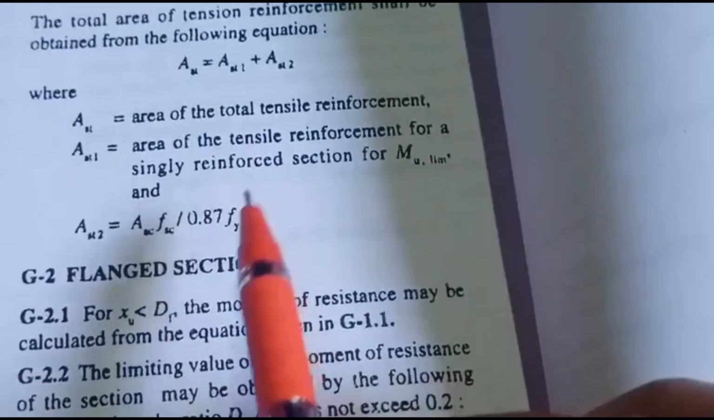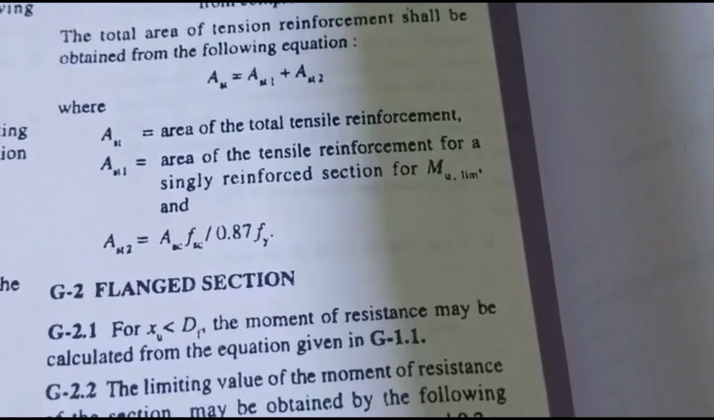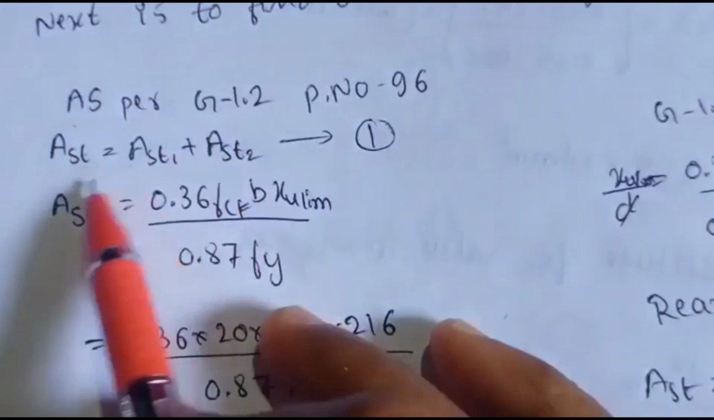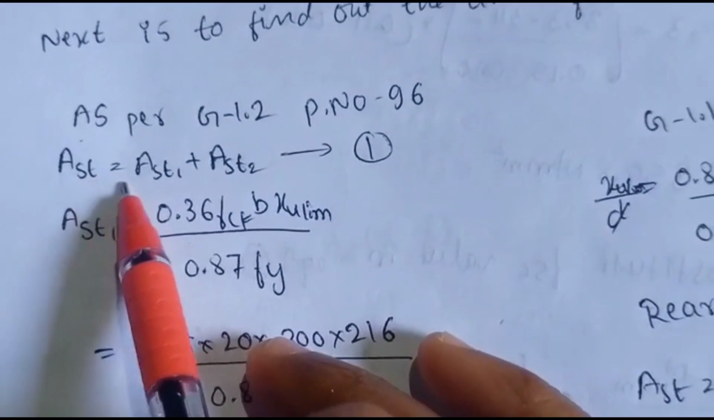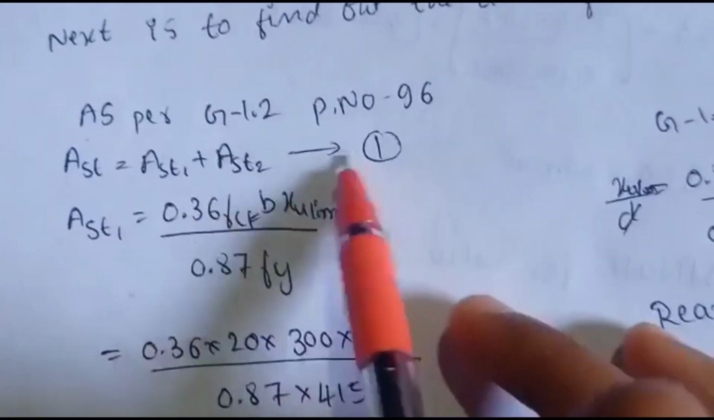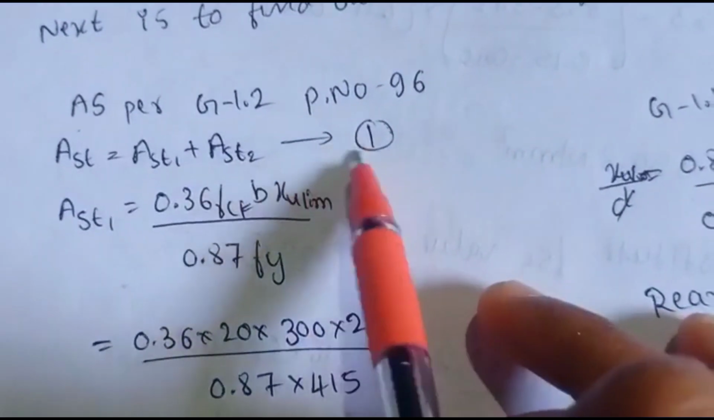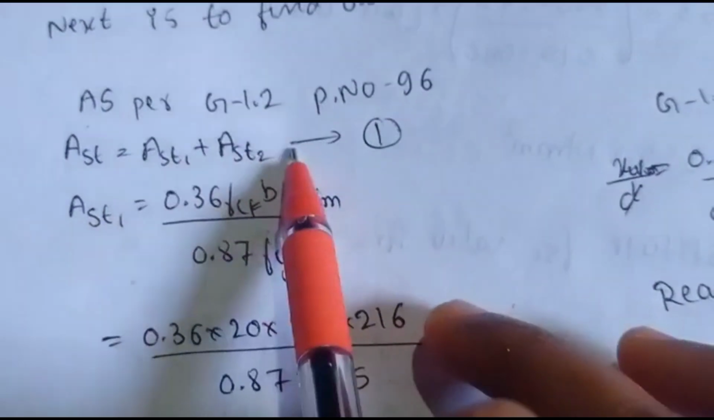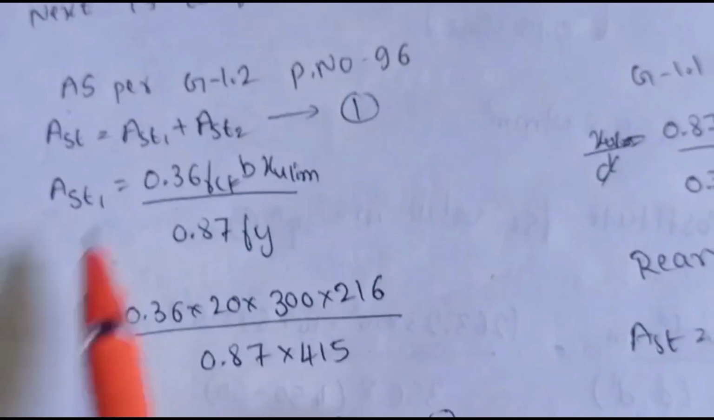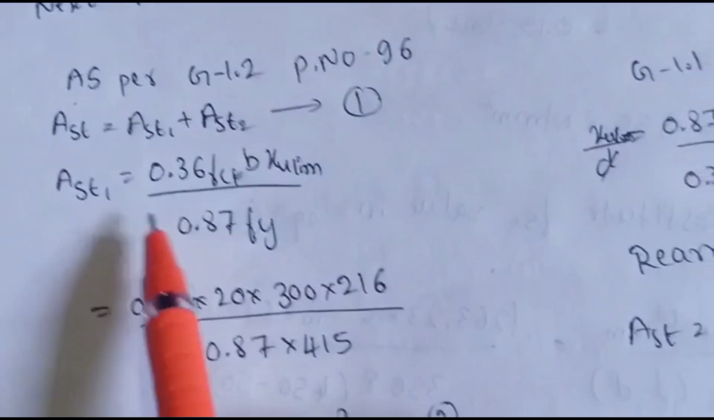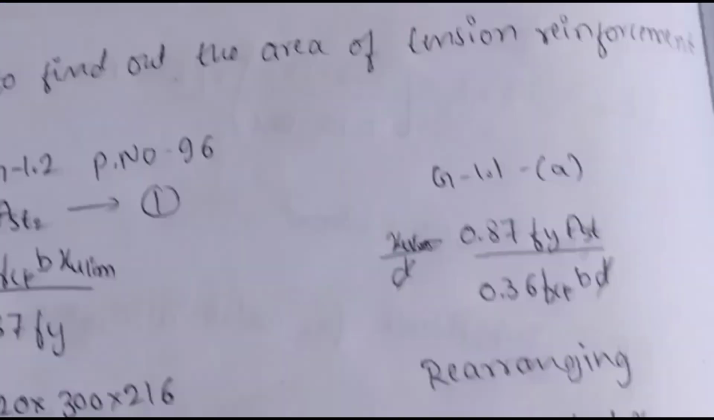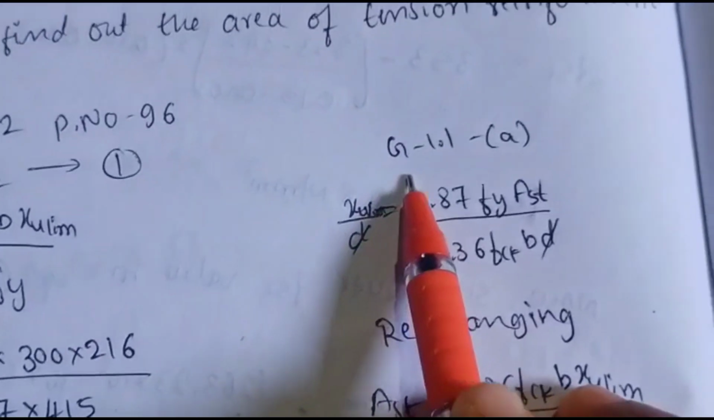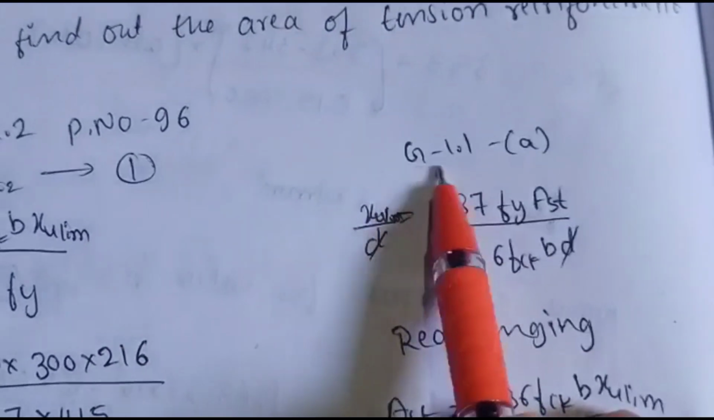So we will see step by step. AST is equal to AST1 plus AST2. This formula is given on page number 96. By using this formula, we will calculate the AST. For AST1, there is one formula given on page number 96, G